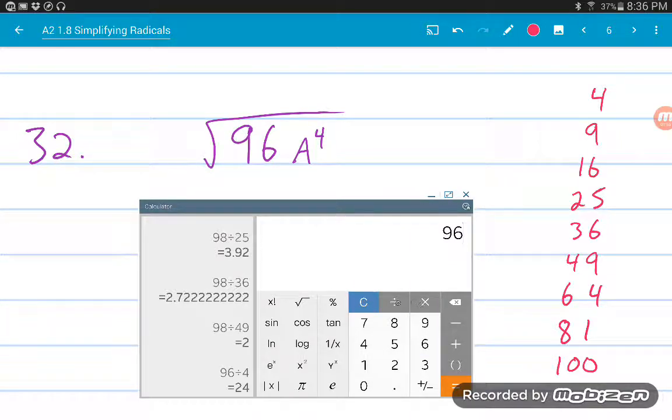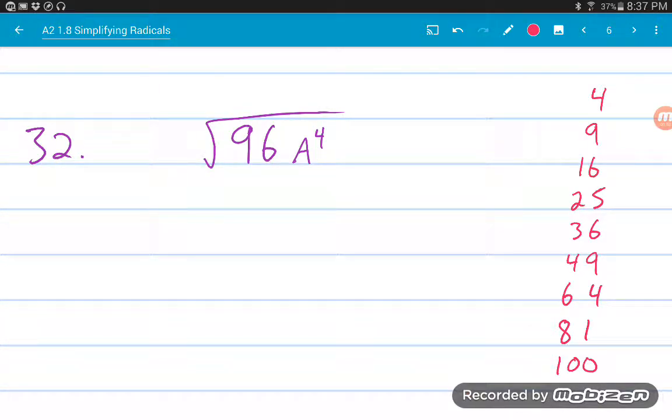So 96 divided by 9. No, that doesn't work. 96 divided by 16. Well, that works really well. 16 times 6. And you can keep going if you're not sure if that's the biggest one. You can keep trying, but 16 is. 16 times 6. So I'm going to rewrite 96 as 16 times 6, and now I can break down the